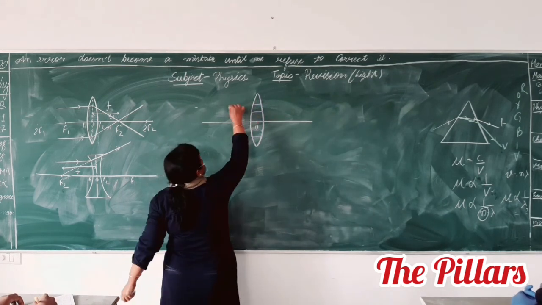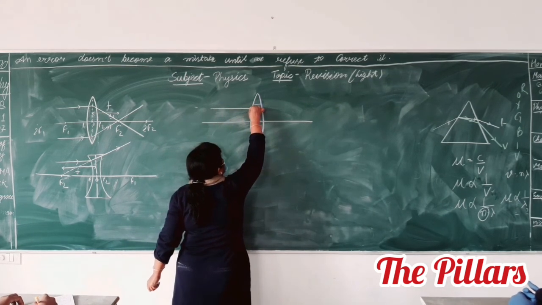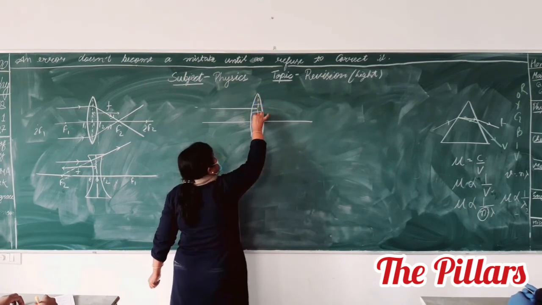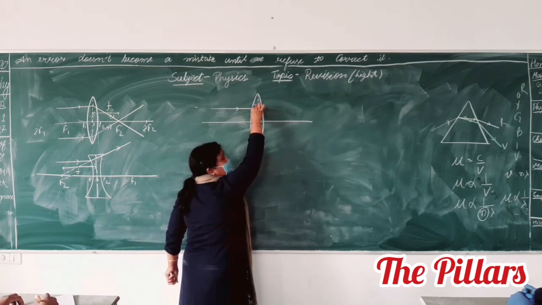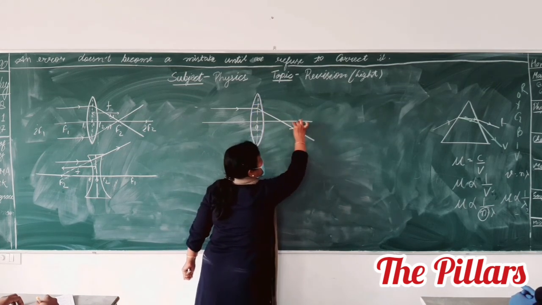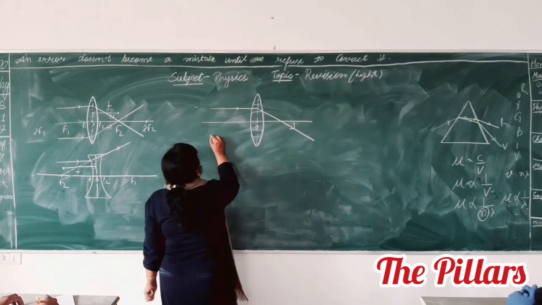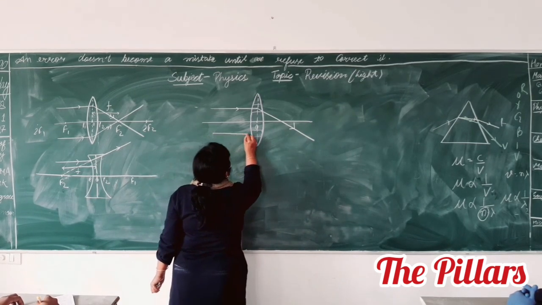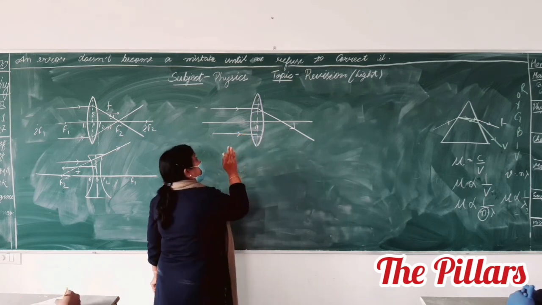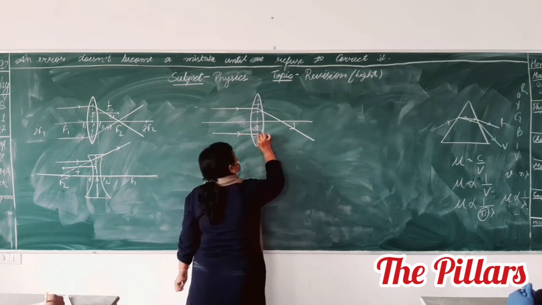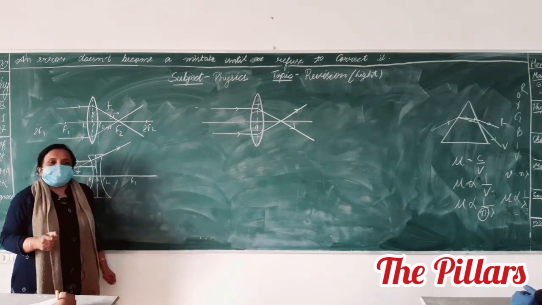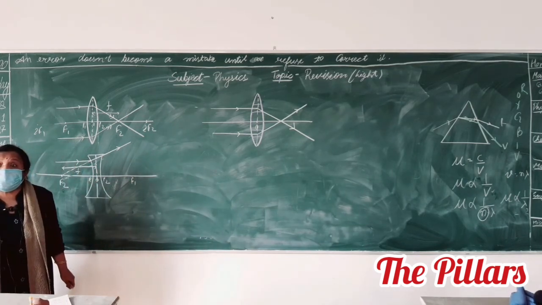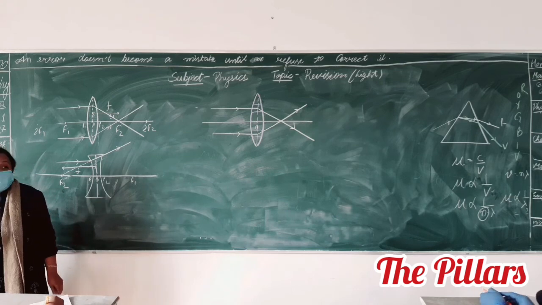What will happen if it is a prism? This is a light ray incident on it, and if the base is in downward direction, the bending will be in the downward direction. Same thing here. This is a parallel light ray, and bending will be towards the base, and hence they meet each other at a point. This is called converging action of a convex lens.